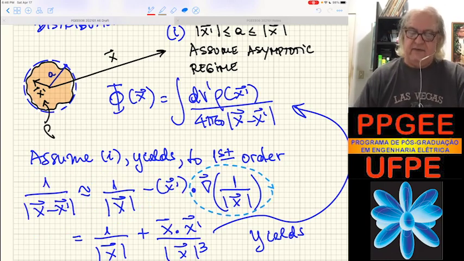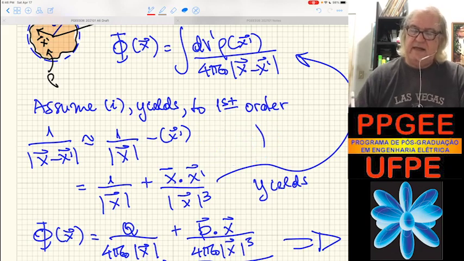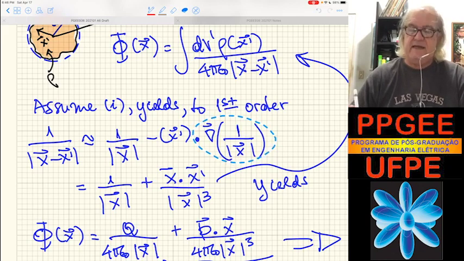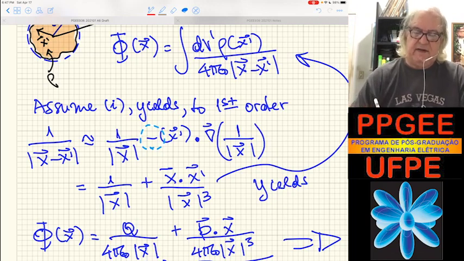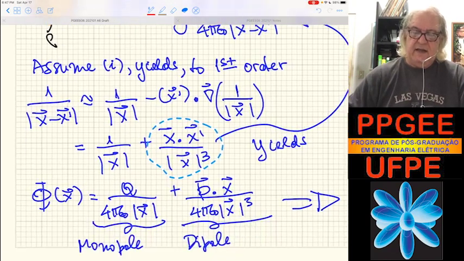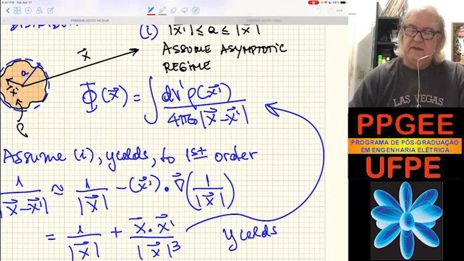Again, we're going to have the same thing that we just did. As the gradient of the inverse function has a minus sign, this minus sign is going to cancel this one, so it is going to be positive here. So we have the first term and that term there. What happens if we plug that into the integral expression? The inverse function is going to equal